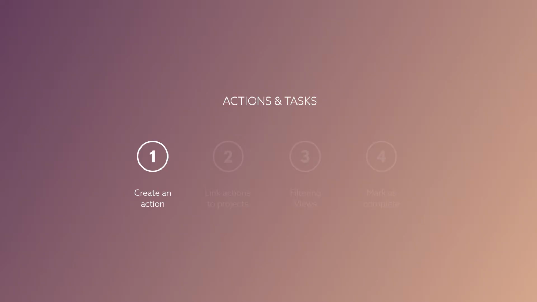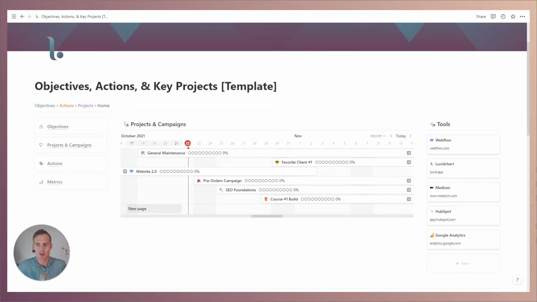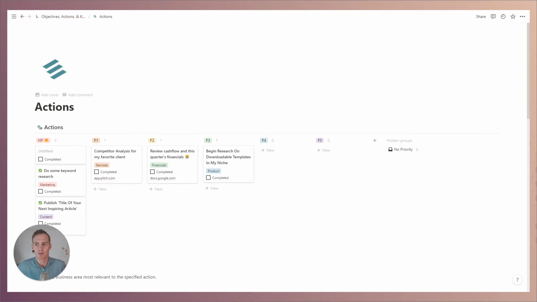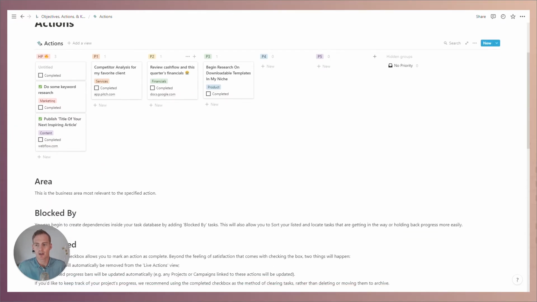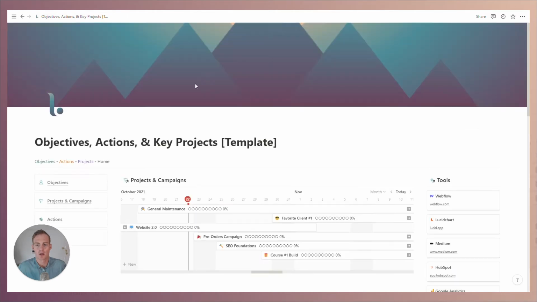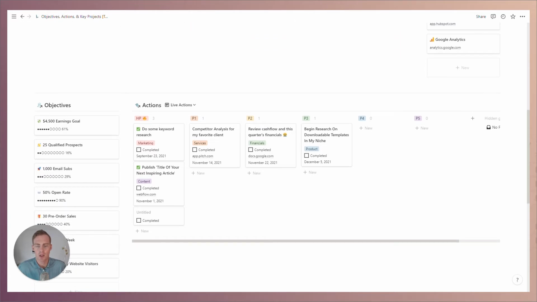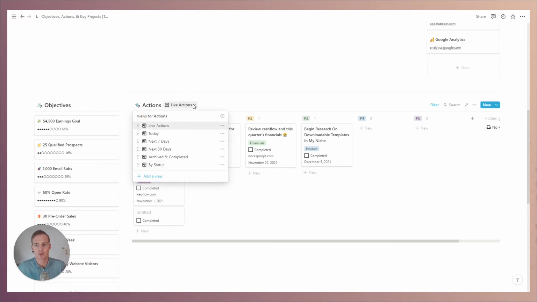If you have the objectives, actions, and key projects stack, this is the home dashboard that you will be viewing. If not, you should see this single page view of the actions database with some information about the relevant fields. For this video, we're going to manipulate our actions database from the home dashboard. By default, you should see it listed based on priority, but we will talk about the different views that exist